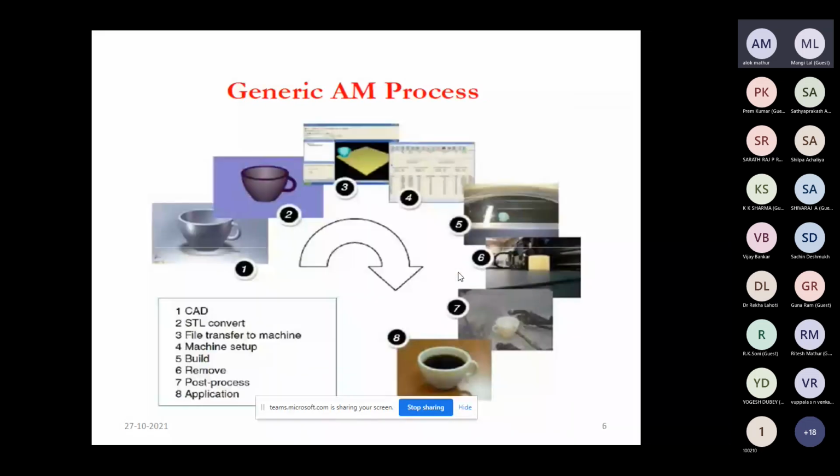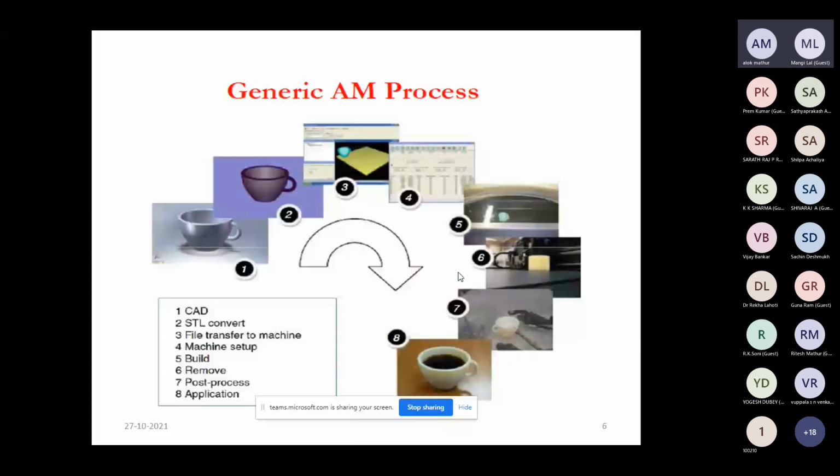This is the generic additive manufacturing process. First of all, we have to design a CAD model, and then convert it into an STL file. What is STL? STL is the standard tessellation language. So we have to generate a tessellated model. Now this STL file, in the third step, is transferred to the machine.